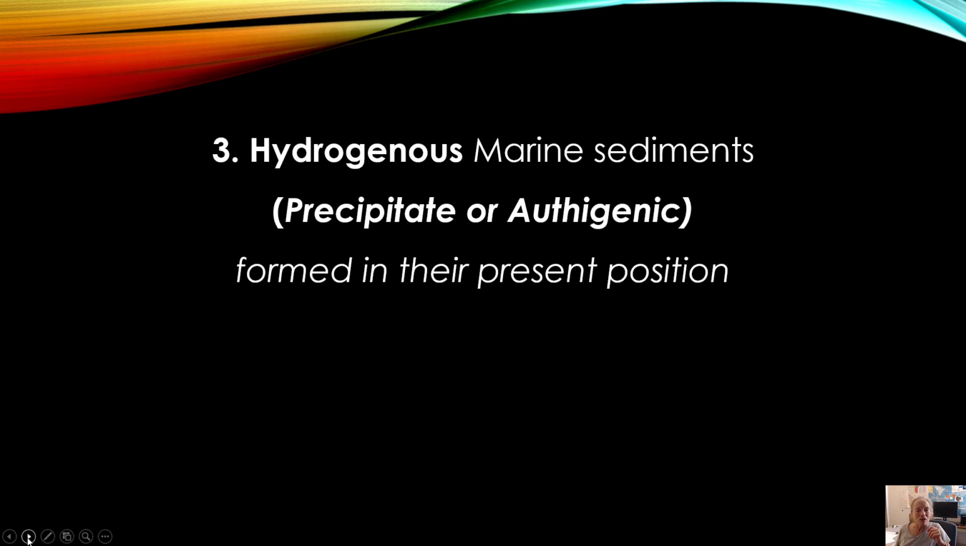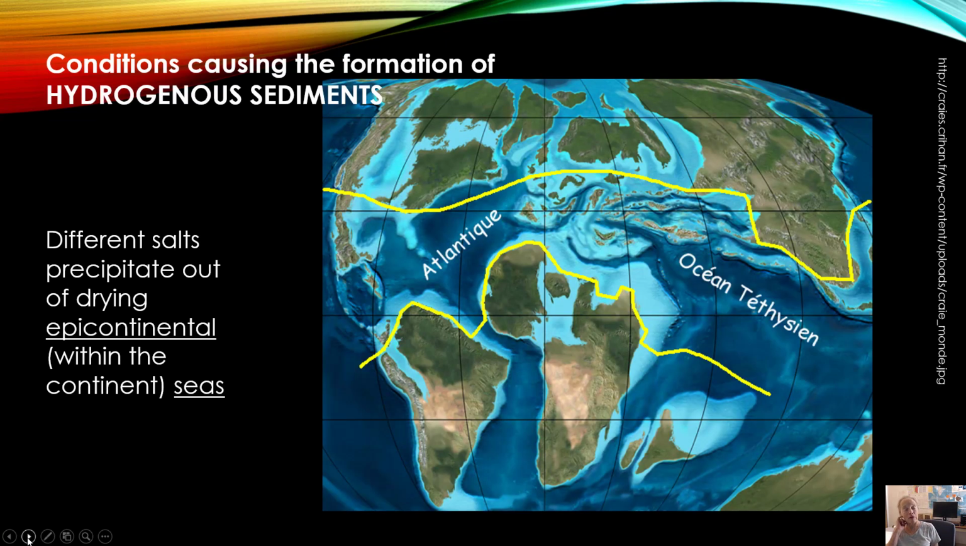Okay. Hydrogenous sediments, also known as precipitate or authigenic. That means they're formed in their present position. There's one main way that happens, basically by evaporation. So this is a picture of the world back at a different time period. You can see that the ocean was much higher. The middle of the United States is completely flooded, and there's probably no ice on the planet, and that's probably